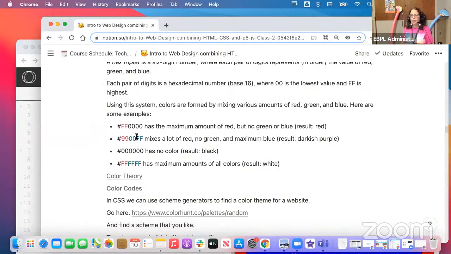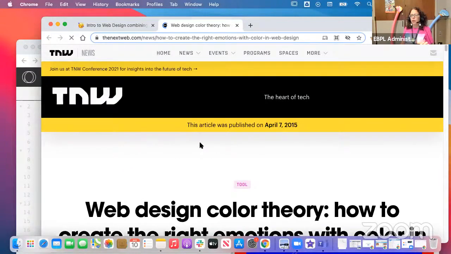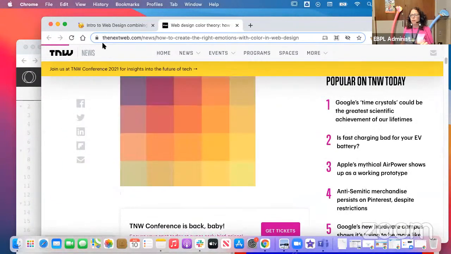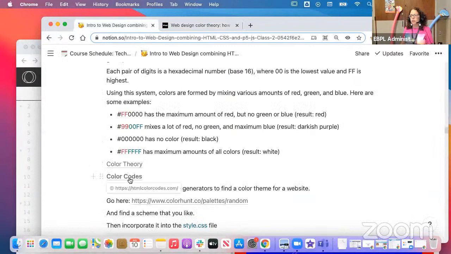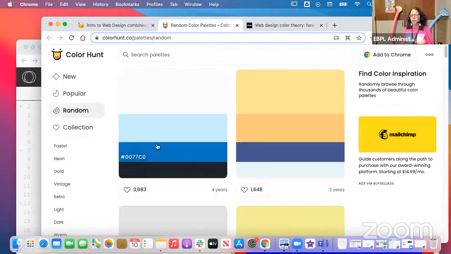And what it tells you here, what it means. Or you can just go to one of these links I have here in the handout. You click on it, and these are the places where you can find colors. So the other thing is, in CSS design, you have to create schemes, similar to